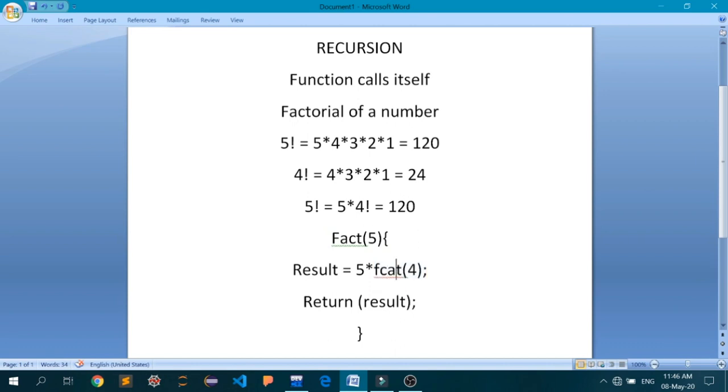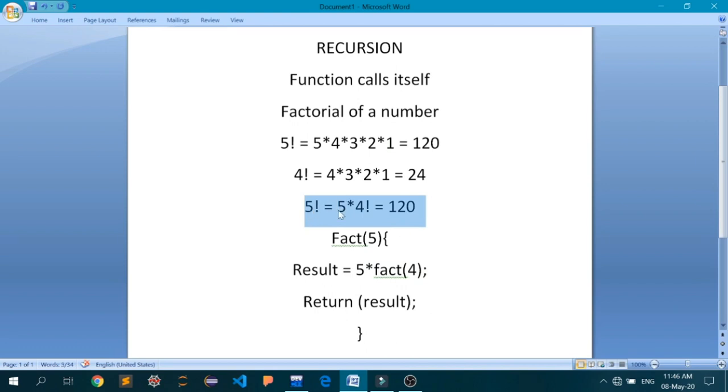I have misspelled fact, I have to slow down. So this fact function is actually calling itself.